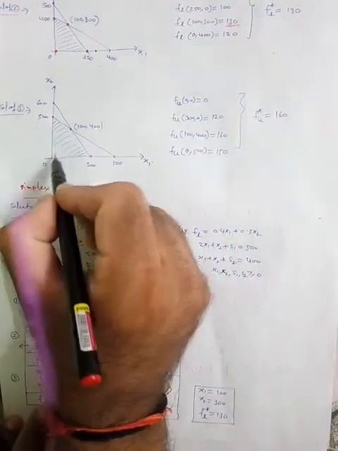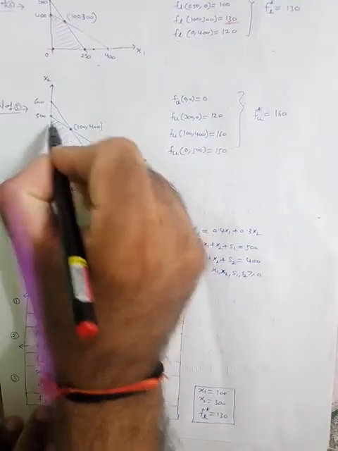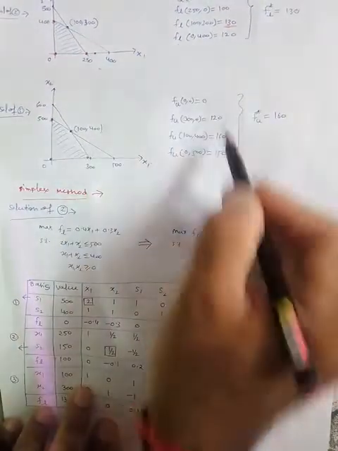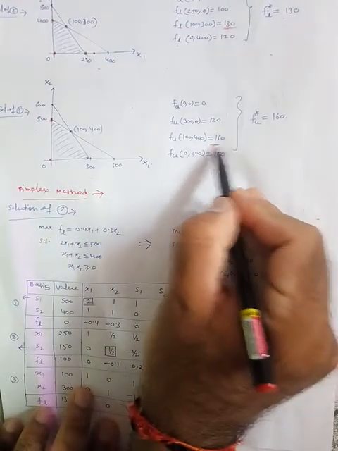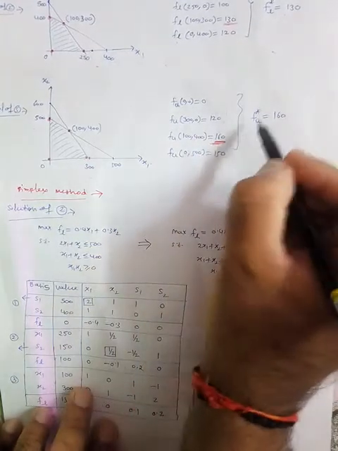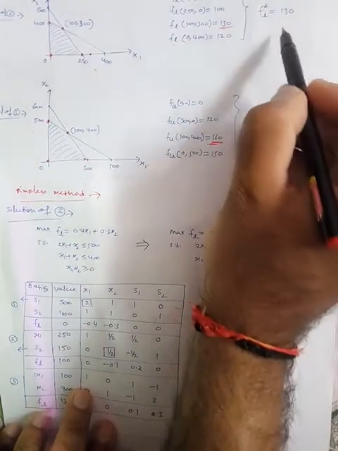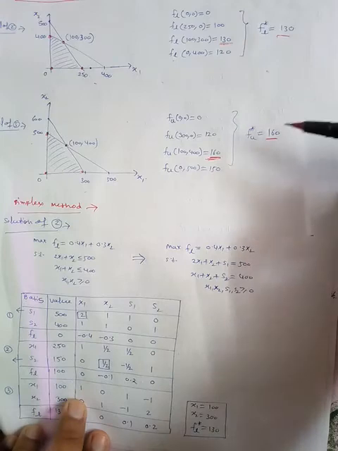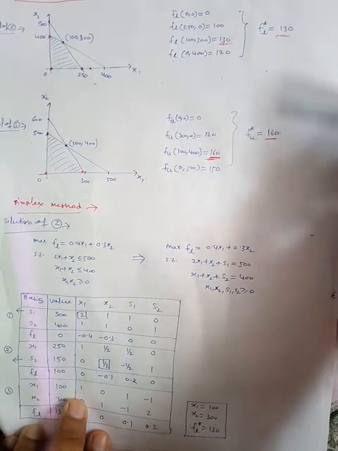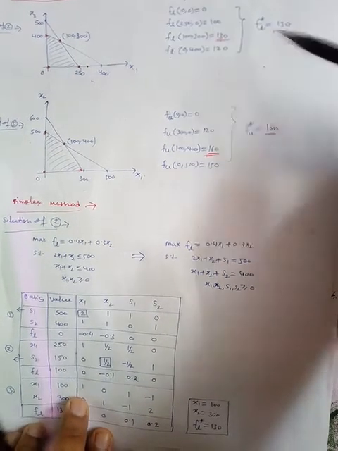the maximum value. Now this is the second problem. Here again we have four corner points, and among these this is the optimum solution, 160, the maximum one. So FU star is 160. So that's why the optimum solution will be in between 130 and 160. Some solution will come in between these. Fine. So this is the graphical method.